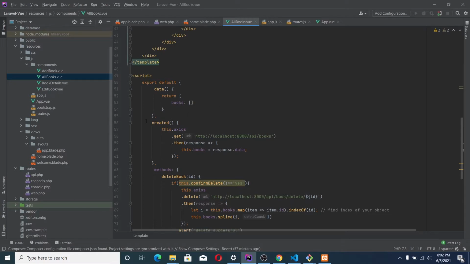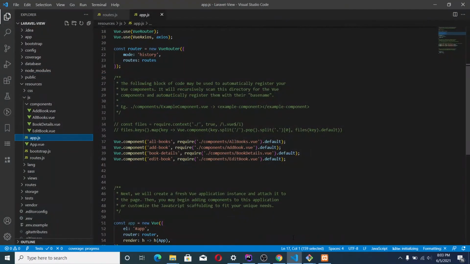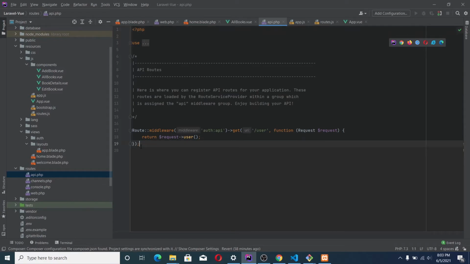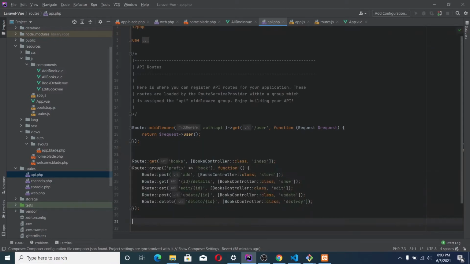And we are going to pull in these books. This is the route we are going to use to pull in these books. So I've defined an API route that is going to handle all of these things. If you open our API route, let me just paste this here.